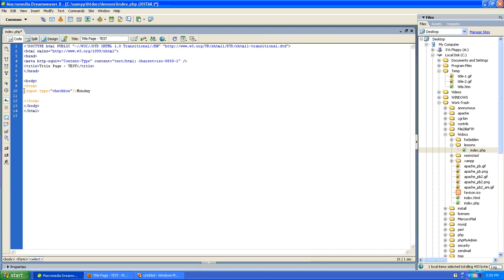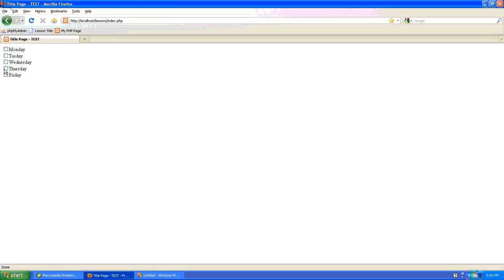We'll just use some magical cut and paste here. Let's put a line break after each choice. And we'll do our favorite example, the days of the week. So we'll do, here we got Monday, now we'll do Tuesday, and Wednesday, and we've got the last day, which is Friday. Save our work, refresh the page, and here we've got a series of checkboxes, each representing a different day of